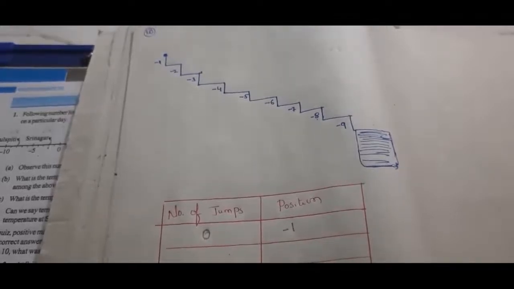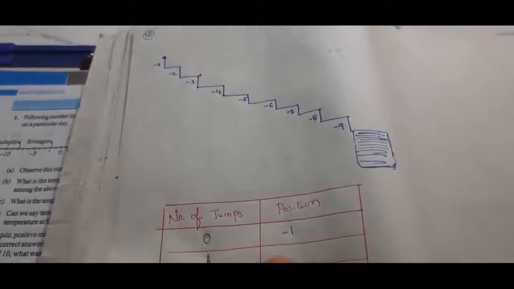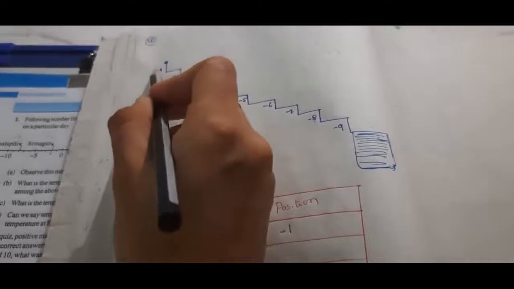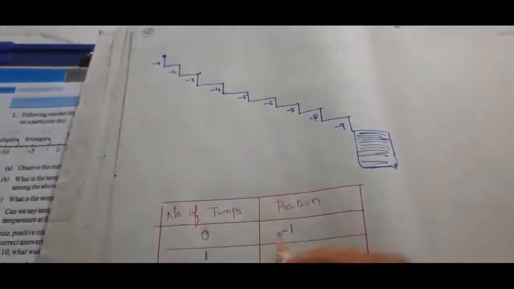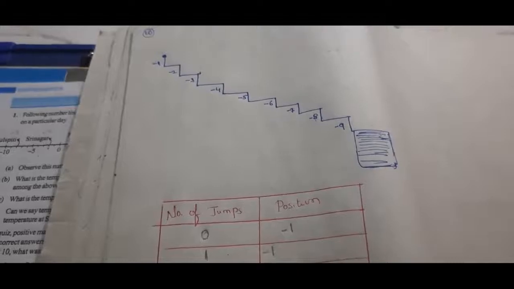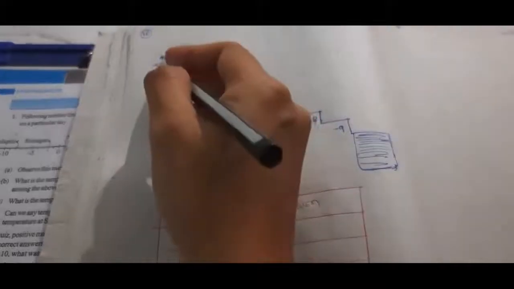Okay, first jump. First it was at the -1 position, and it starts jumping. From -1 it steps down 3, to -3 more, that is -4. Minus into minus plus: 1 plus 3 is 4. Which is the greater number? 3. Which sign does it take? -4. Okay. Next, what will you do? Alternate movement, 2 steps up.